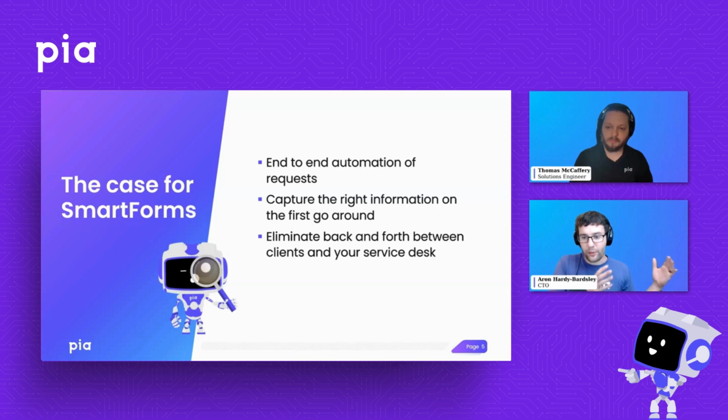We really want to make sure that that first initial capturing of the information, logging of the request, has everything on it that you need, and that we need to actually completely automate that request, because everything with Pia is about that automation, right? So that's what we drive home, is that the forms are actually servicing the automation that's going to be running on that request. And obviously with zero touch automation, potentially completely automating that request without any involvement from your team at all.